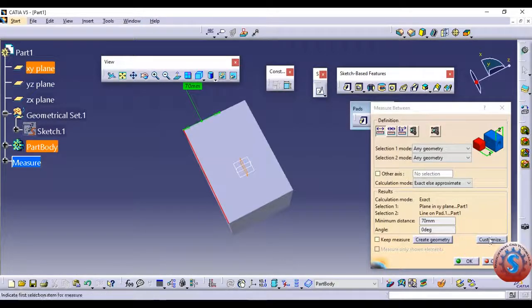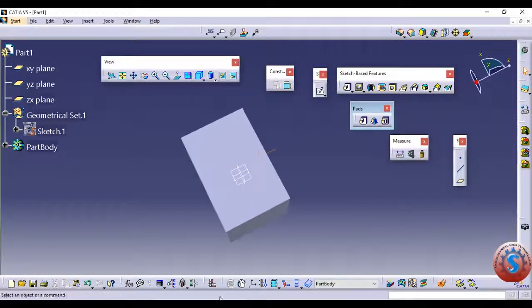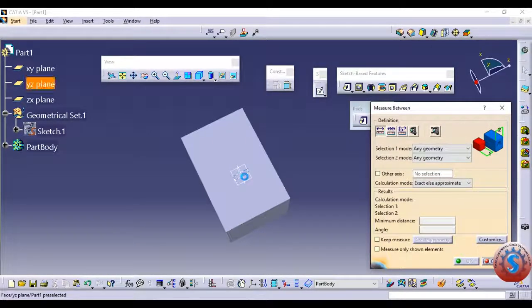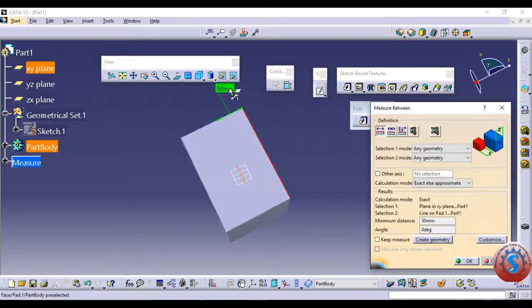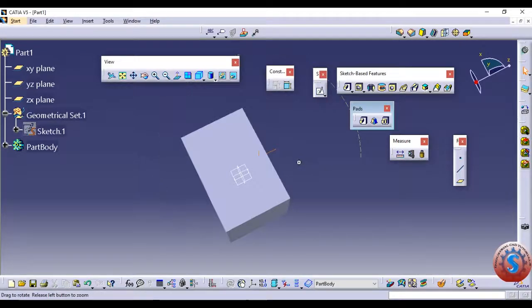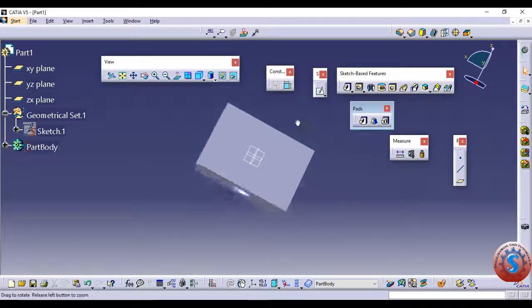Next, you want to select this another part and measure the distance. You can also measure by selecting this plane and this plane. You can observe this is 50 mm, and the limit 1 is 50 mm and the limit 2 is 70 mm. Like this you can give the different types of